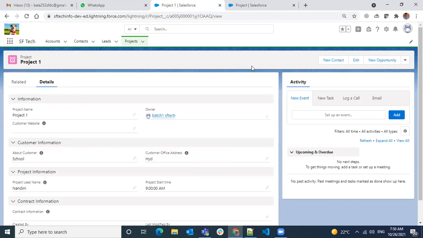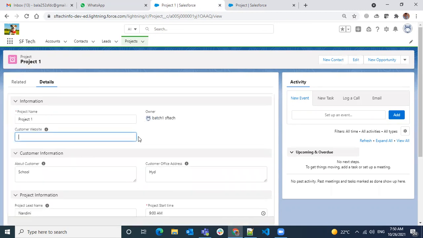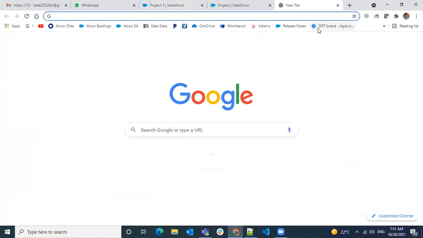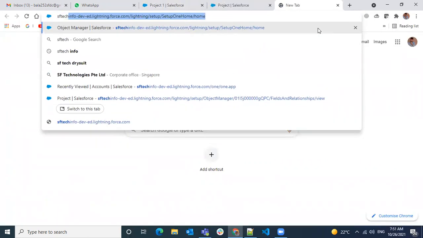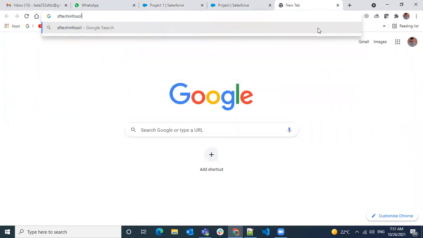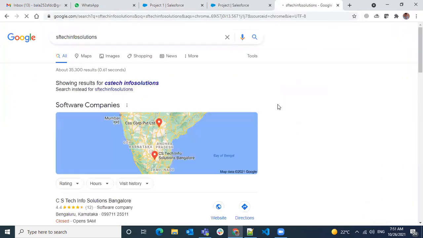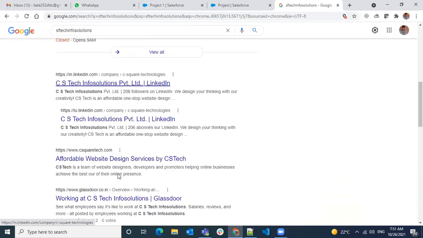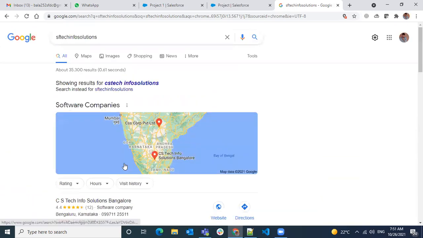See here, whenever you add a new field, by default, it will come into the first section and in the same order. So if you want to try, you can give some website. Yes, I'm trying to see.